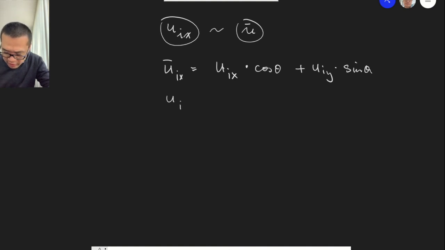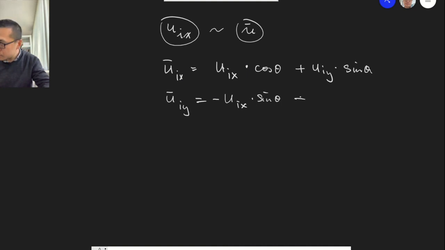So if you write that down, we will get something like this: uiy bar equal to minus uix times sine theta plus uiy times cos theta,